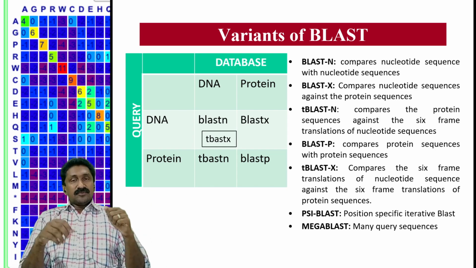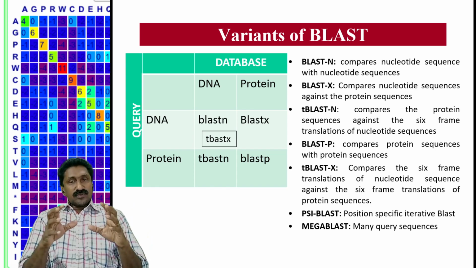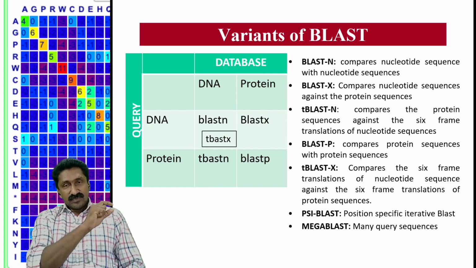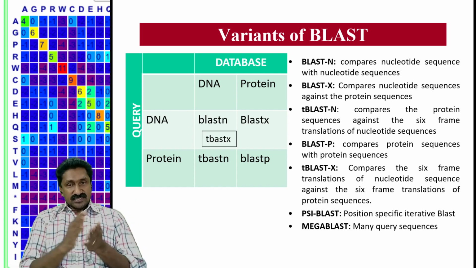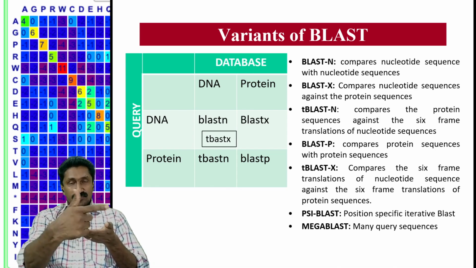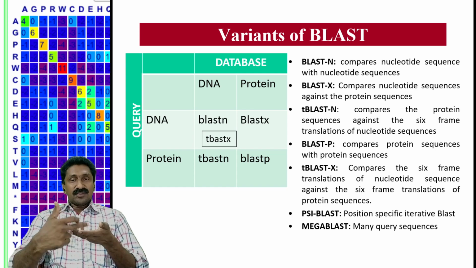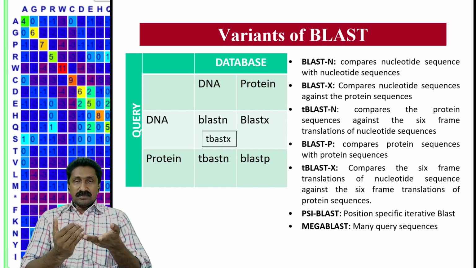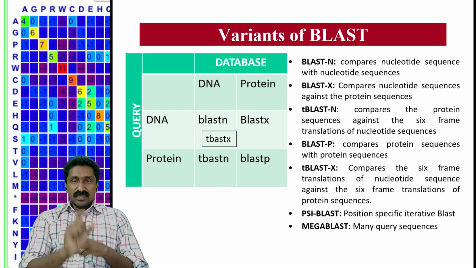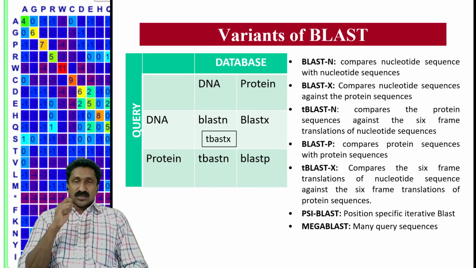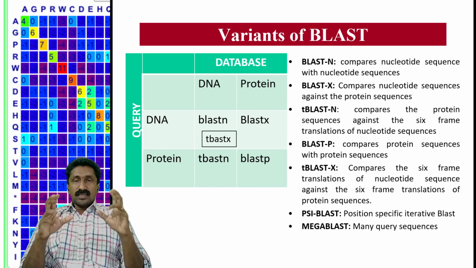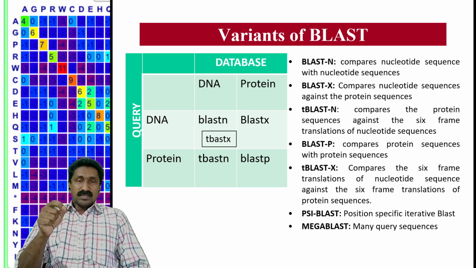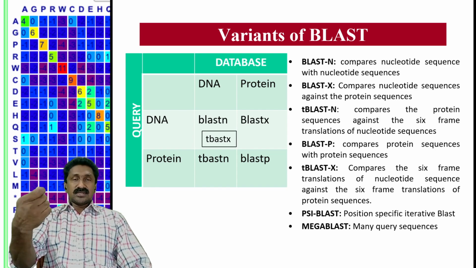Similarly, for a computational translation, the software needs to consider all the different possibilities, 6 reading frames, because for every single DNA strand, 3 possible readings are possible: 1, 2, 3, then 3, 4, 5, and also 2, 3, 4. By skipping one letter, you can start another reading frame, or by skipping 2 letters, you can start the third reading frame in a single strand. The same is possible in the second strand also. So the algorithm will try all 6 reading frames and find out which one is the open reading frame, which results in a continuously translated protein.